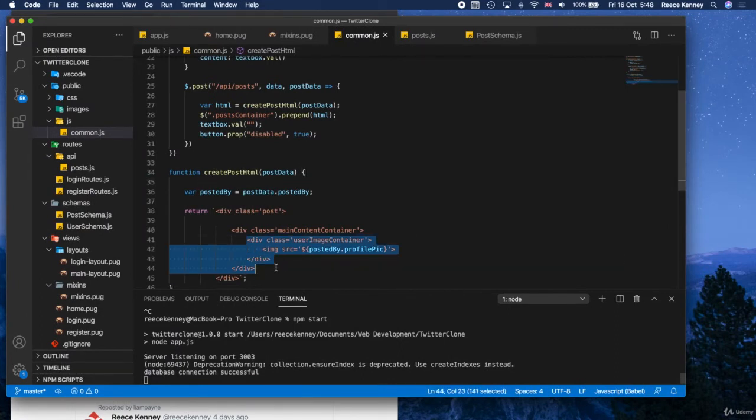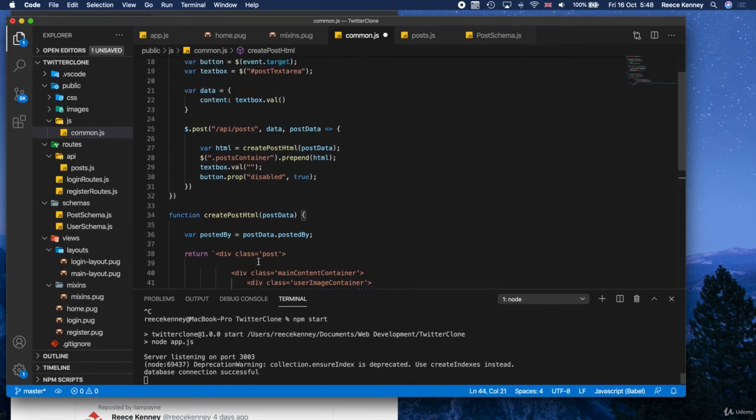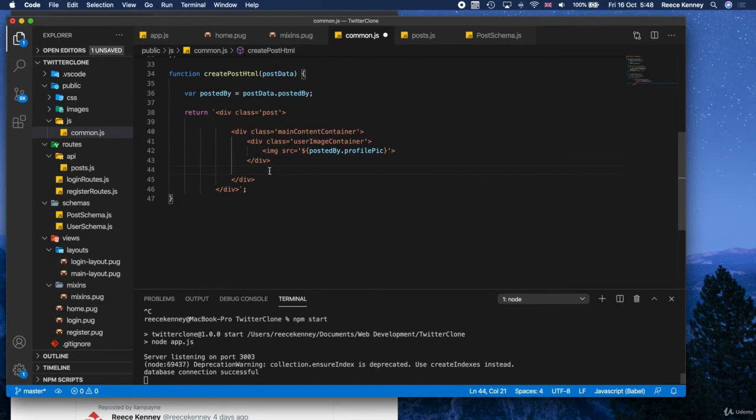So after this user image container, we're going to put something else now. So after that, I'll scroll up so you can see it a bit easier. We're going to do another div. And the class of this one is going to be post content container. This is going to be the div which holds all the main content of the post. So it's going to have like the name of the person who posted it, the actual post itself, and things like that. So put the closing div on as well, and in there